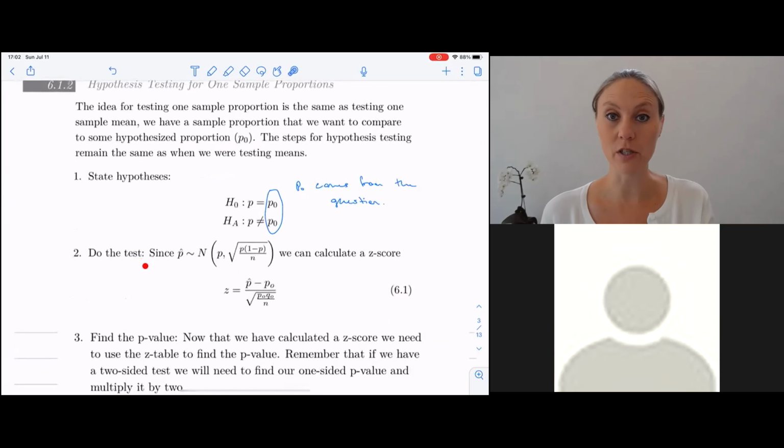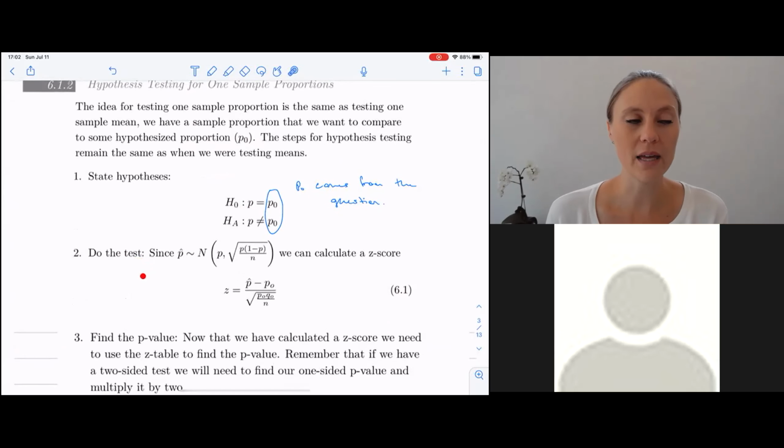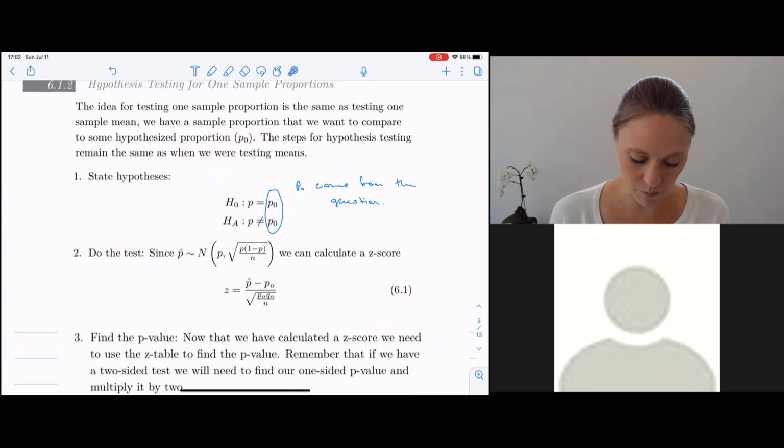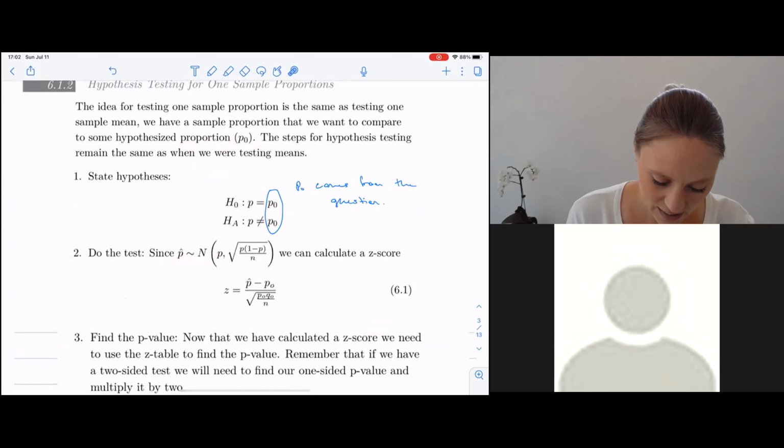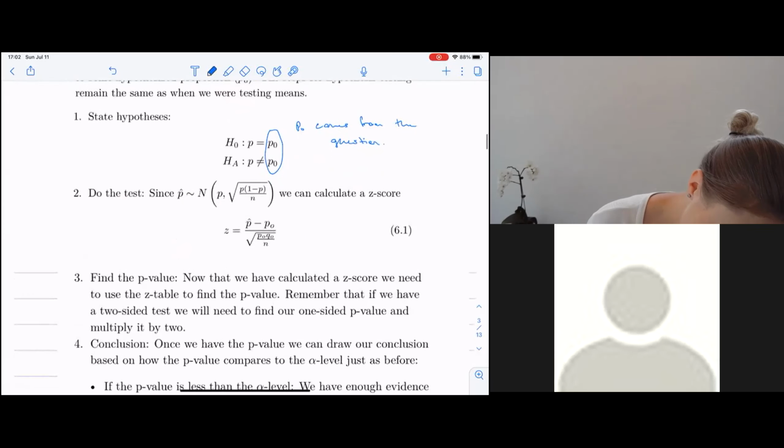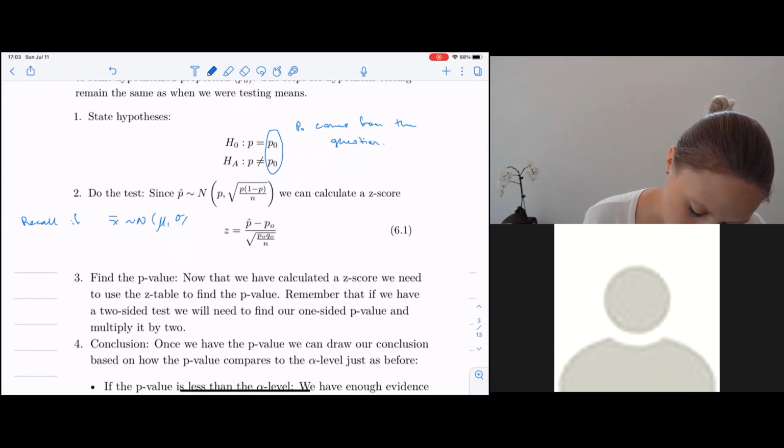Step 2, we have to do the test, and we're calculating a z-score, and it's because p hat follows a normal distribution with a mean of p, right? If we think back to recall, if x bar follows a normal distribution with a mean mu and a standard deviation of sigma over root n,